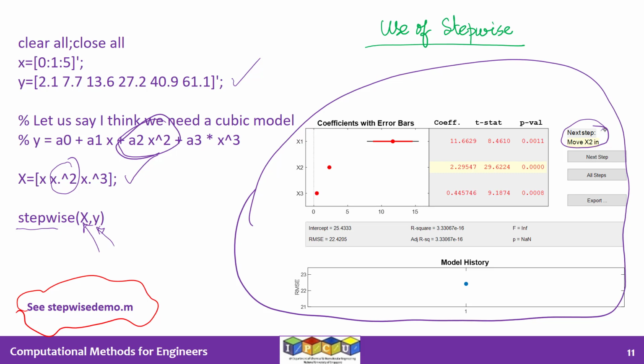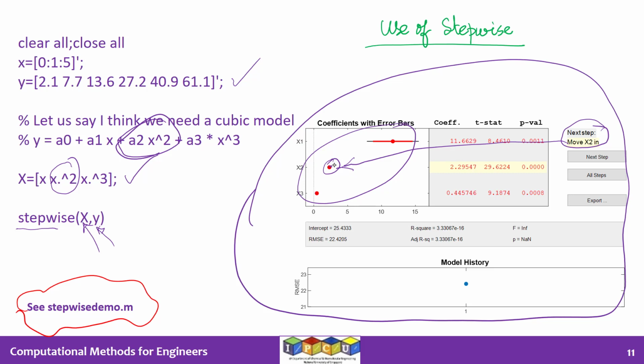So what we'll do is we will move the cursor to this graphics window and click on this red dot that you see here associated with X2. If you click on that, it will become blue in color. That means it has been included in the model. Anything that is red in color here means that it has not been included in the model yet. So the moment it says move X2 in, I take my cursor and click on this dot that you see there. It will change into blue color, which means it is included in the model.